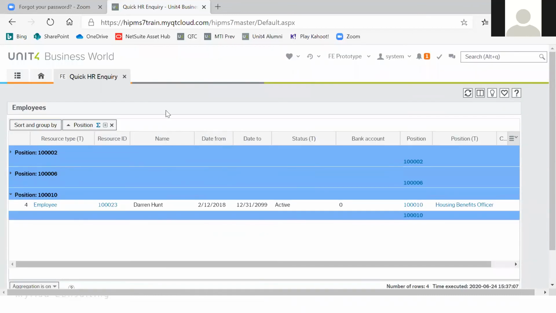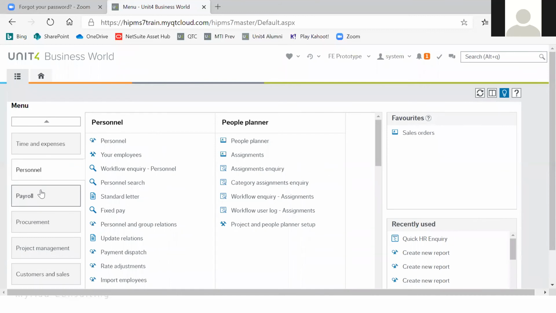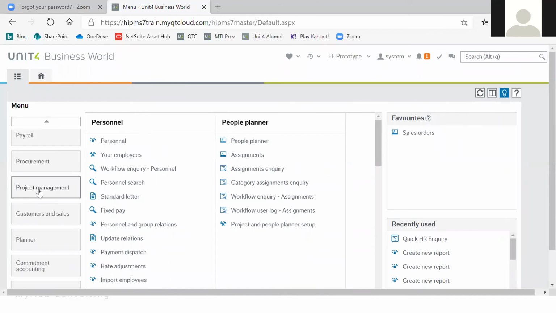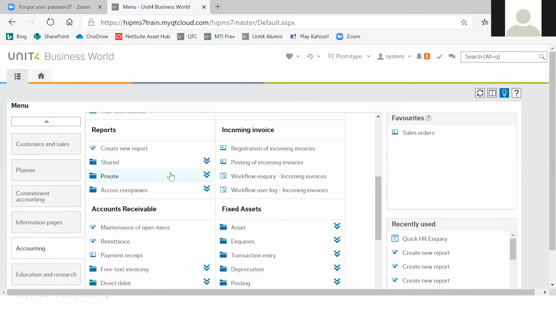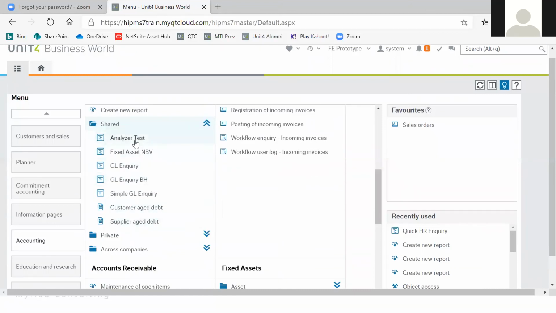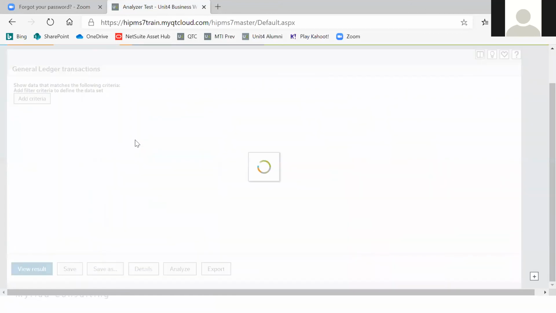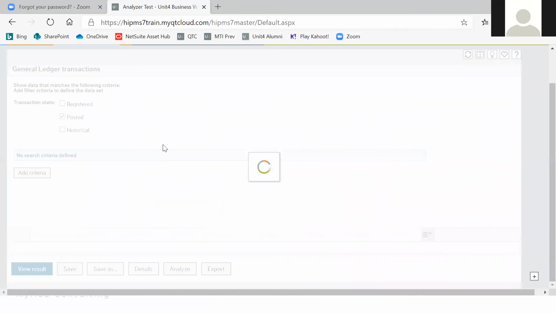let's go and have a look at analyze. To do that, it is best to pick a report with some data in it. So we'll go and see if we can find a report. And I've got this one called analyze test. If we click view result,